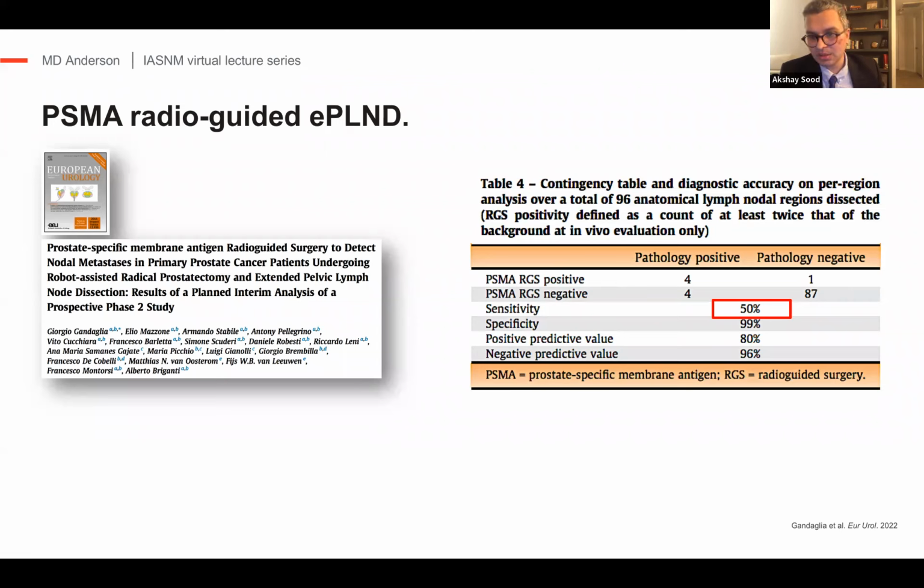It was improved compared to what we saw with the Thomas Hope and the Ken Pienta study, that in the pre-op setting and extracorporeal PSMA use, the sensitivity is about 40%. When you perform intracorporeal PSMA studies, the sensitivity is 50%. But again, it's not a huge increase in diagnosing lymph node disease with PSMA. So 50% of the lymph nodes were still missed by performing intracorporeal PSMA.